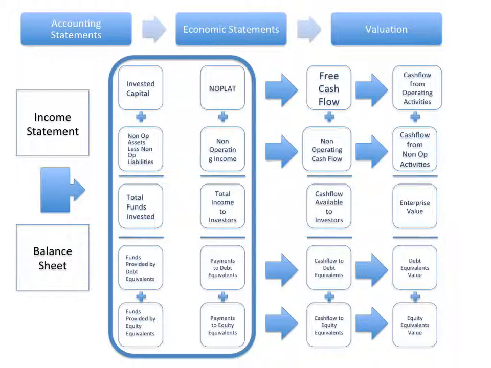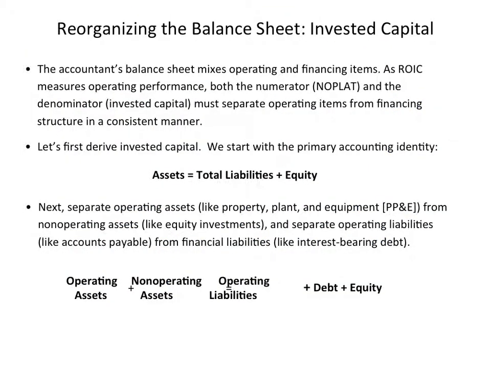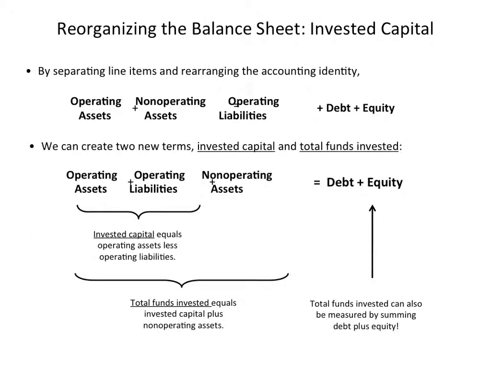All right, let's start out with the balance sheet. So basically, what's going to be important in the reorganized balance sheet is we're going to reorganize the balance sheet into its 4 categories. And it doesn't matter whether we start with the balance sheet or income statement first, but what does matter is we will have to do both statements before we can do cash flow. So cash flow is income statement minus change in balance sheet. We have to do the income statement